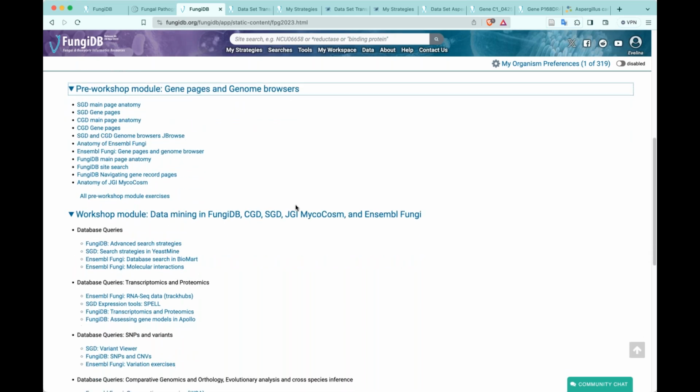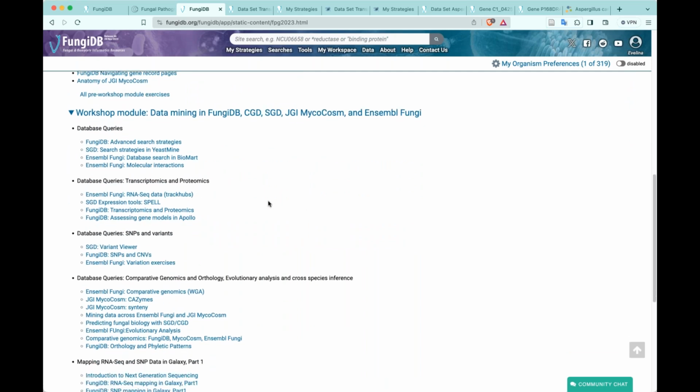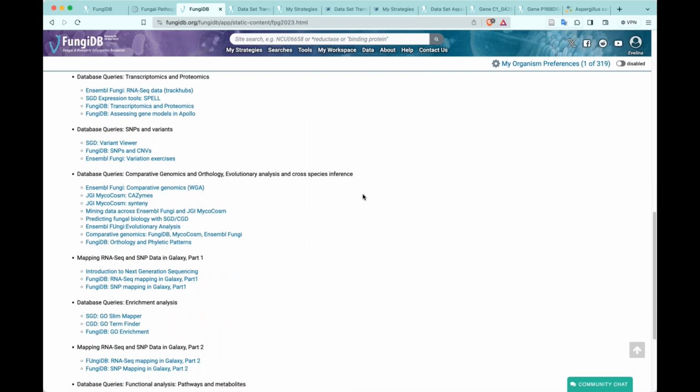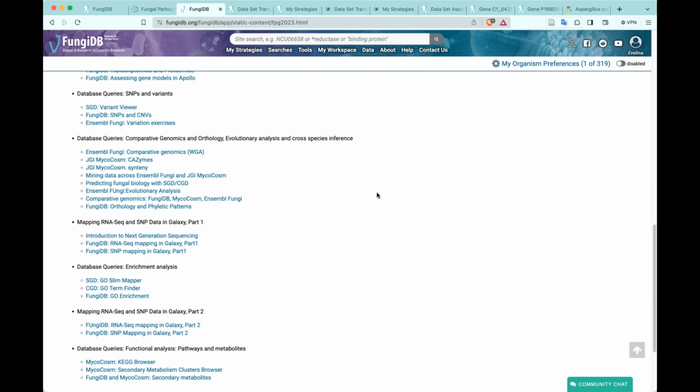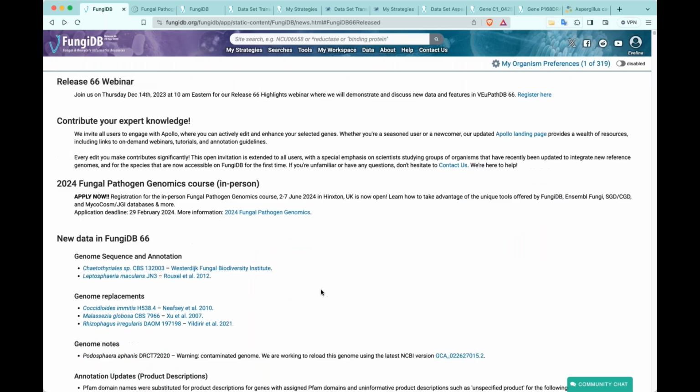databases, and the in-person workshop module includes hands-on training exercises on how to mine data in various databases that I have mentioned. And that comes also with additional modules on how to analyze your own data in Galaxy. And we specifically looked at transcriptomics, such as RNA-seq data, and also calling SNPs on the whole genome sequencing of isolates. So coming back to FungiDB, I want to also walk you through a few new datasets that